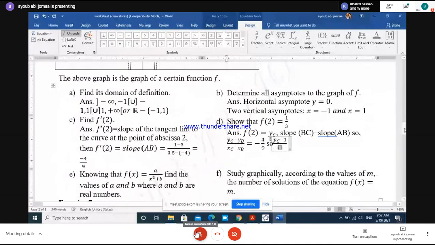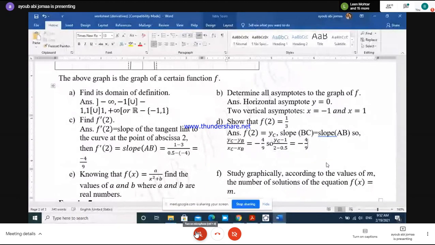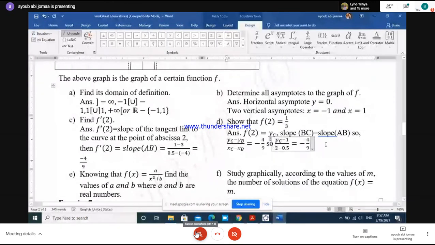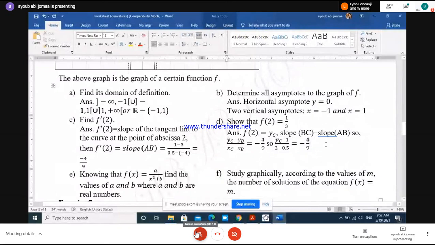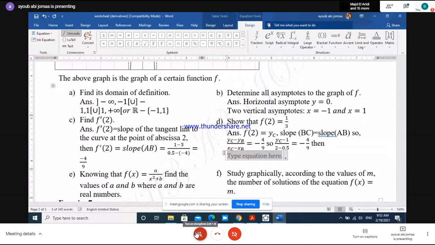So y of c over xc, which is 2, minus 0.5 is equal to negative 4 over 9. Okay, right. Use the cross product and solve. Then y of c is equal to, I won't work out the details, but the equation gives 1 over 3. Therefore,